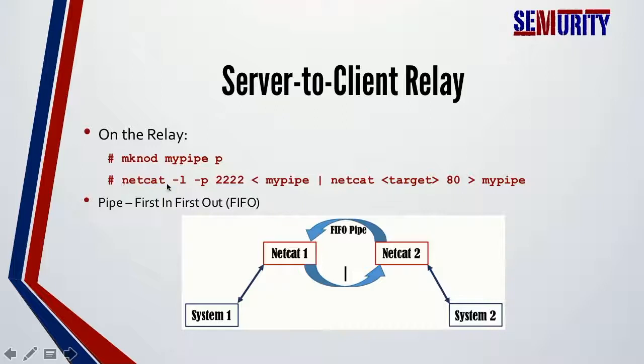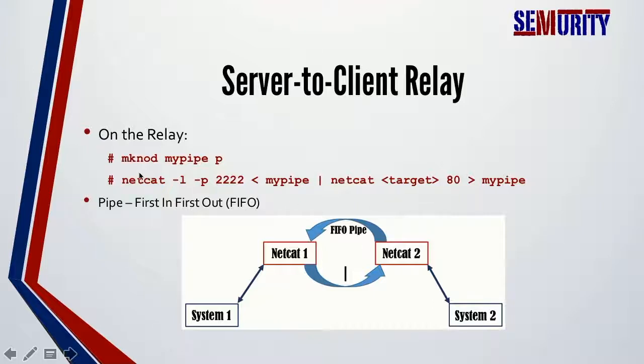In this whole line, the first instance, as you can see, is running in listening mode as a server, while the second instance is running as a client. That's why we call it server to client, because it's the server on the left to the client here. Now this whole line is going to be translated like this. This diagram here will show how this whole line works, and what it actually does.